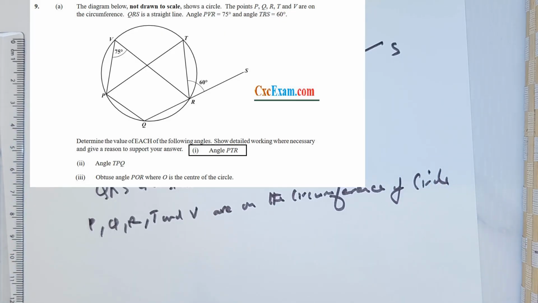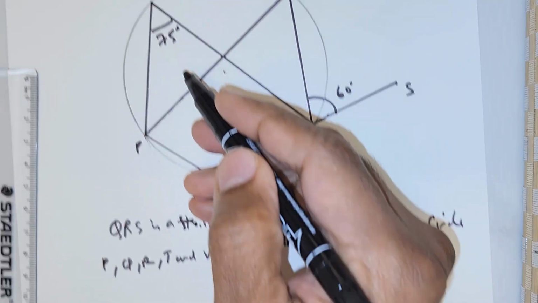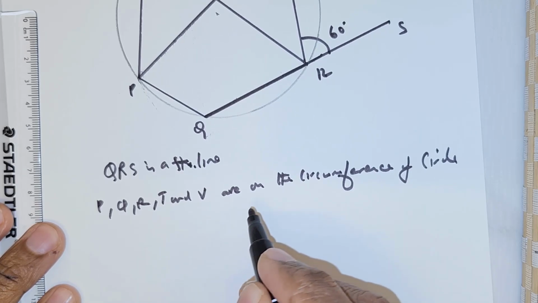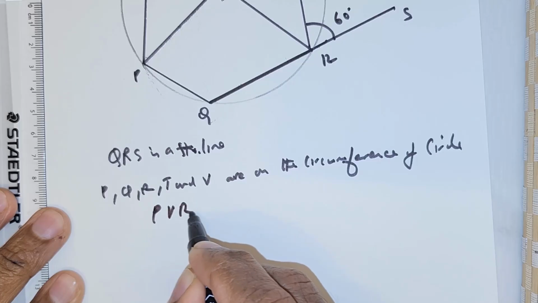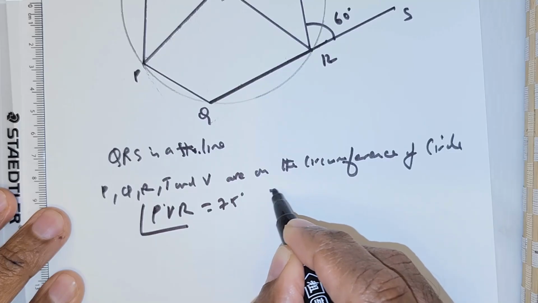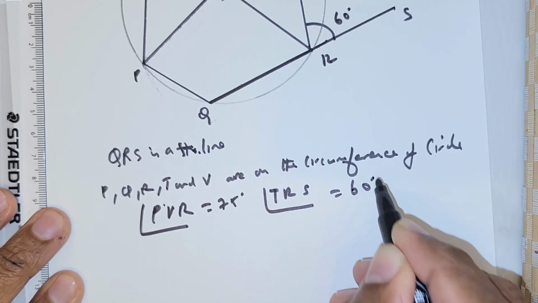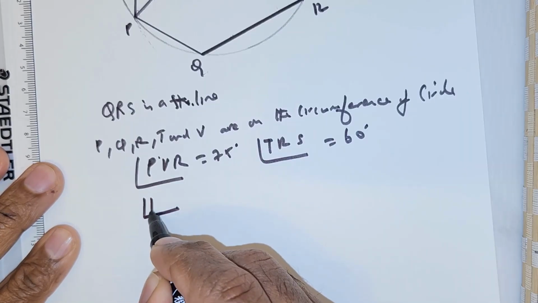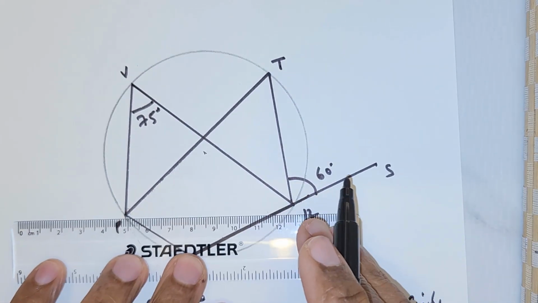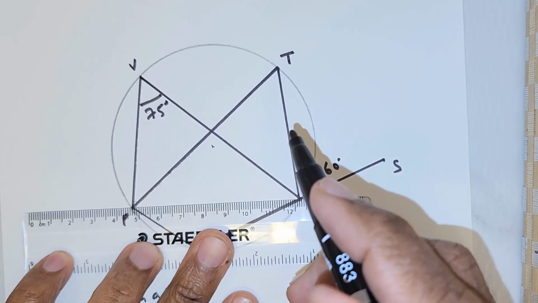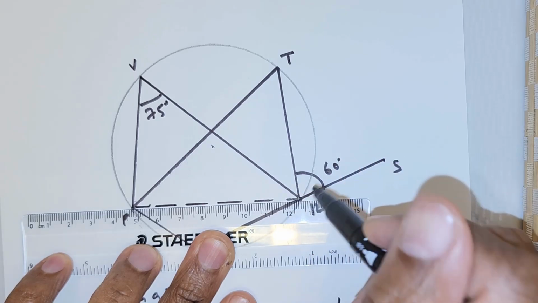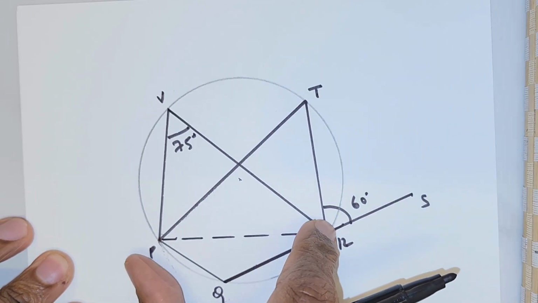Okay, so PVR, so this is 75 degrees. Now we are asked to find, let me write that down. PVR is 75 and TRS is 60 degrees. We are asked to find the angle PTR. Now let me connect the chord. I'm going to consider this chord. Now this chord